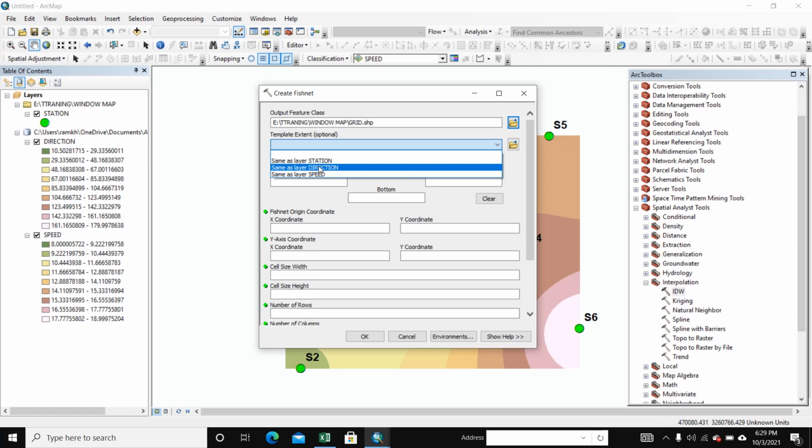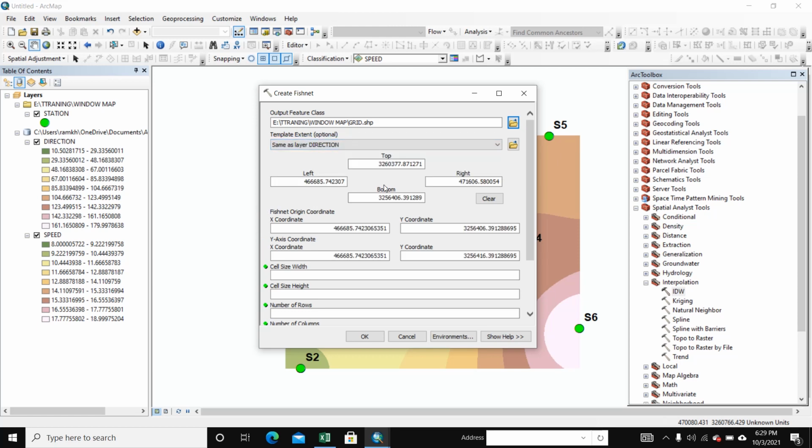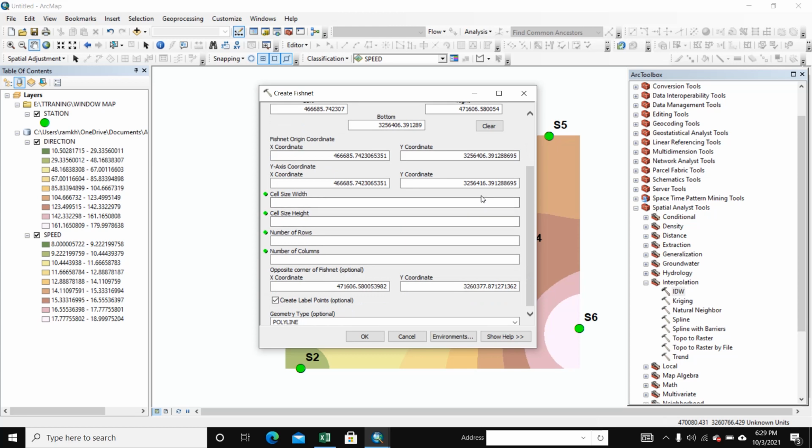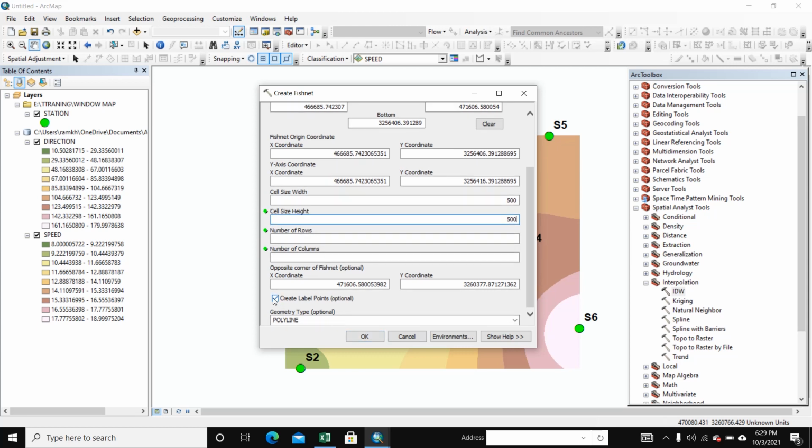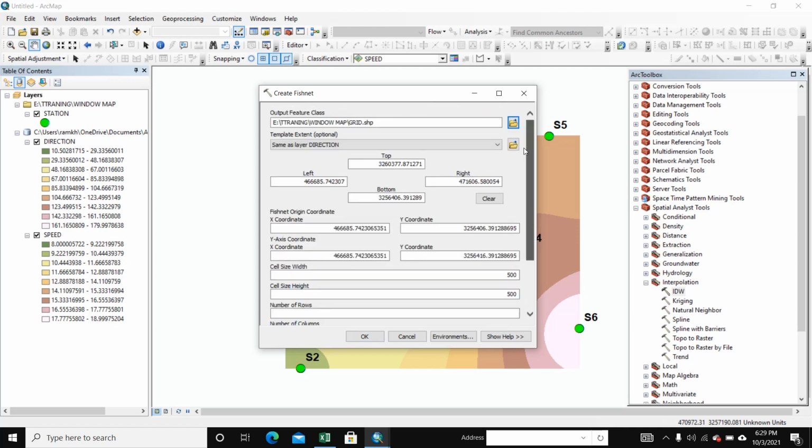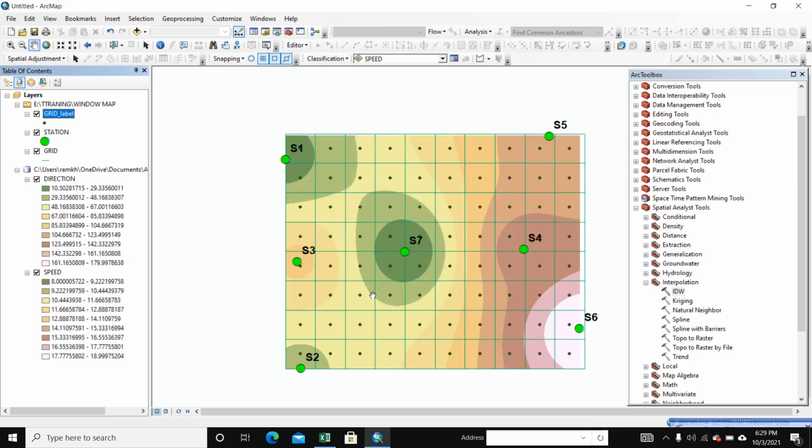And we select here direction and cell size 500, and we select create label point and OK. Here is polyline and OK. We create fishnet.